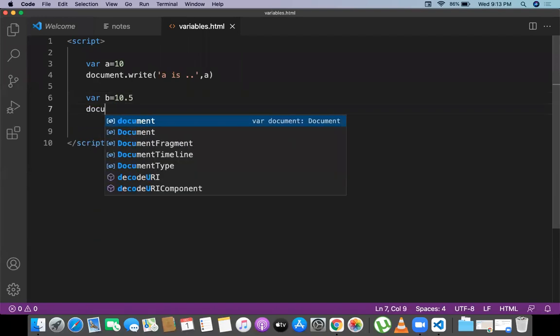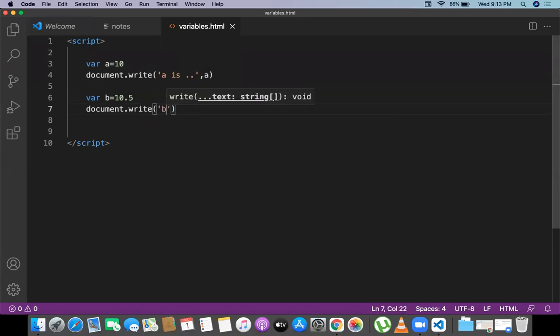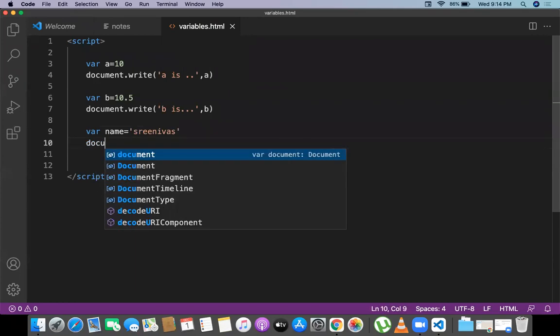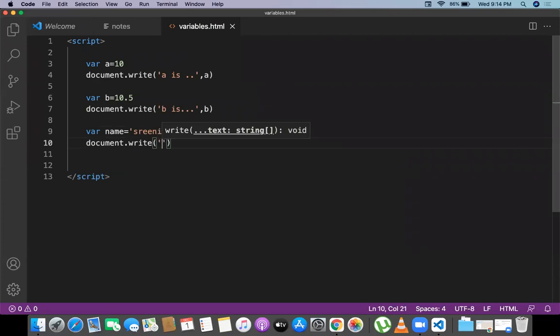And how to print this one? Document dot write b is, comma b. This is the floating type data. Where name is equal to, I can give single quote or I can give double quotes. Document dot write name is, comma name.